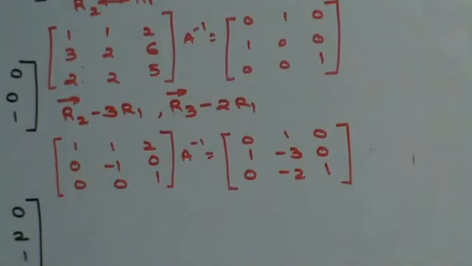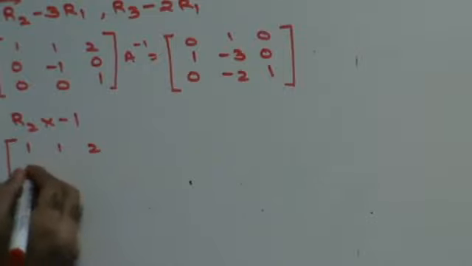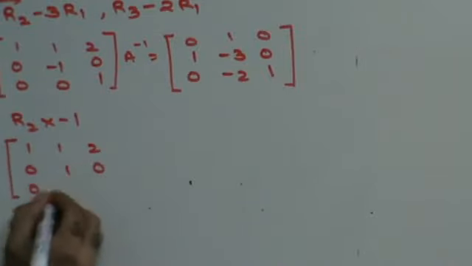I want to make the number in the 5th position as 1. It is minus 1. Now what will I do? Multiply R2 with minus 1, because minus into minus will give you plus 1. The number here is minus 1. I want to make it plus 1. How do I make it plus 1? Multiplied by minus 1. So in that case, this will be 1, 1, 2, 0, 1, 0, 0, 0, 1